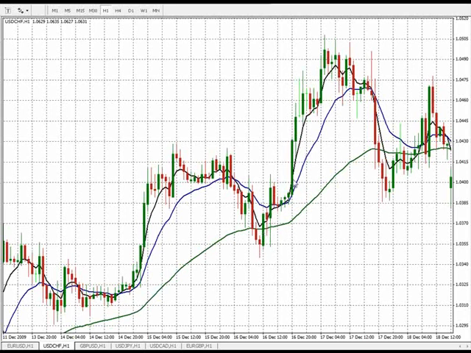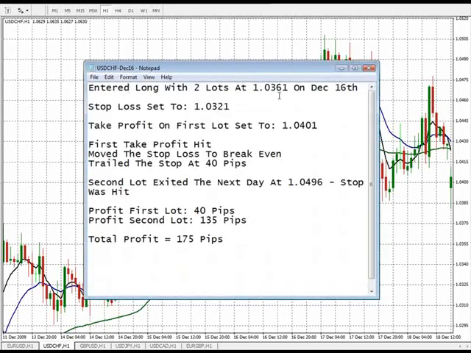We set our take profit 40 pips ahead for the first lot, and we leave it in the trade. When the first lot is exited with the take profit, we move our stop loss to the break-even point, and then we just let the second lot ride while trailing our stop at 40 pips, and it actually exited up here. And just to take a look at the data from the trade, we entered long with two lots at